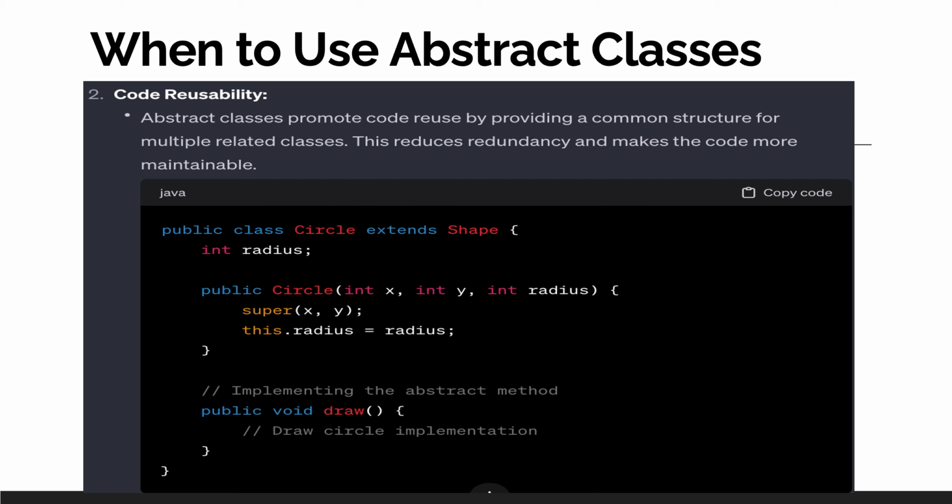And it also has a constructor which takes the input x and y, and here we are providing extra information, radius. So we are using the same shape class method implementation, and also providing the implementation of the method which was not provided inside the shape, basically the abstract method implementation.